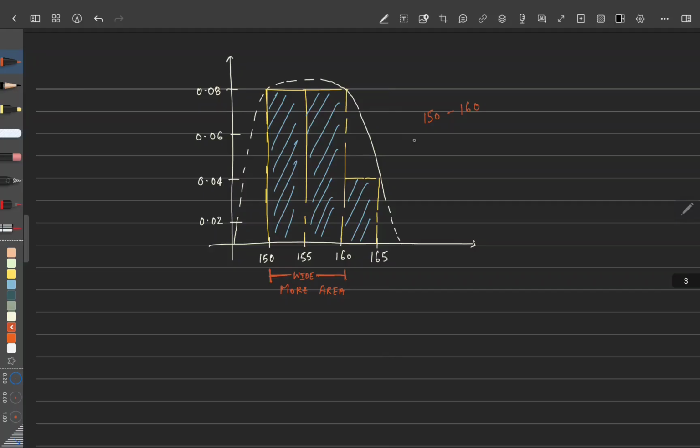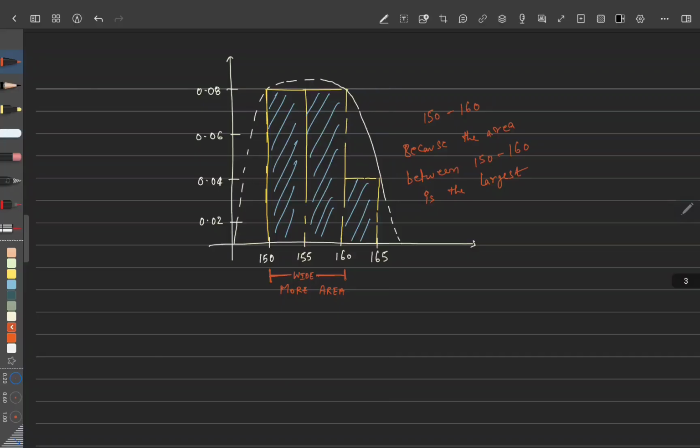Because the area between 150 and 160 is the largest. Okay,